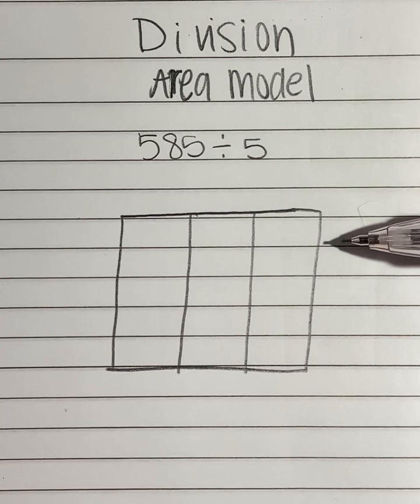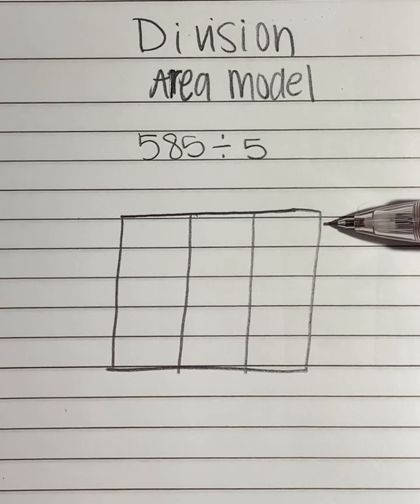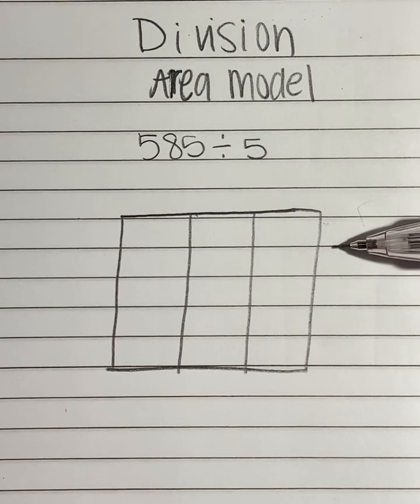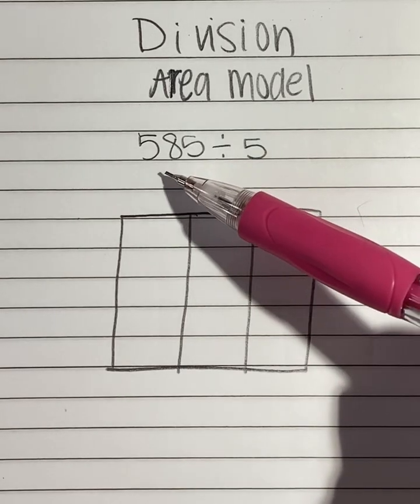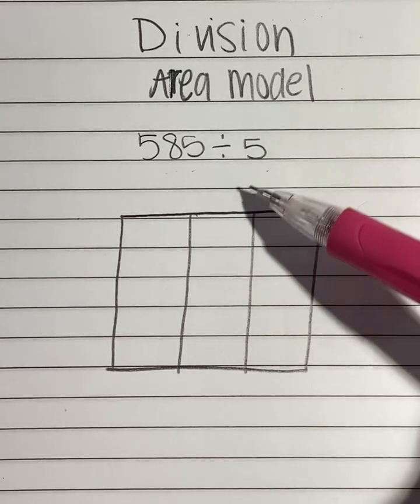So if your child is struggling with division overall, start with this method. This is the one I've been using for my students who are struggling, because it's the same steps over and over. I just feel like it breaks it down more for them and they can see it a little more clearly. And so we're going to take our problem 585 divided by 5,